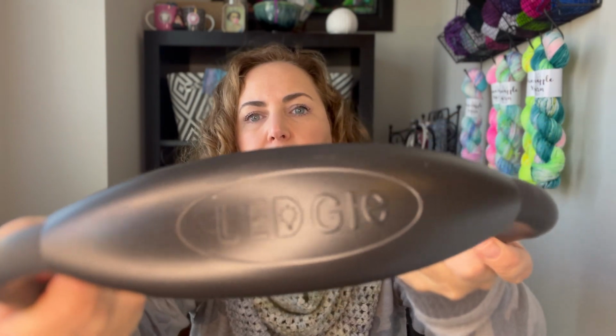Okay, these are iterations that I've tried over the years. I don't even know why I still have them. This was the last one that I got. It's called LED GLE, I think. This one is much longer, as you can see. This one has a USB charger,